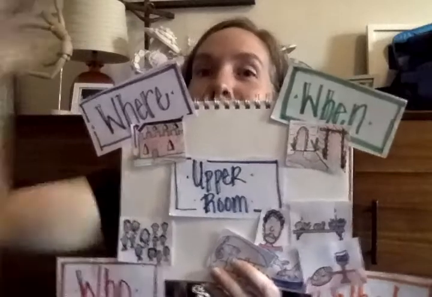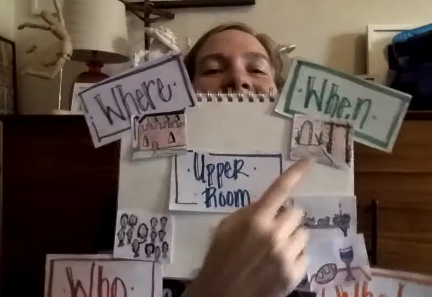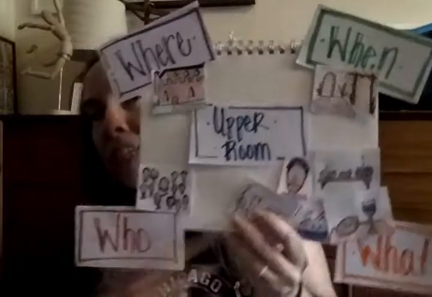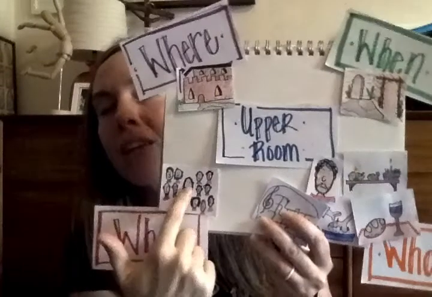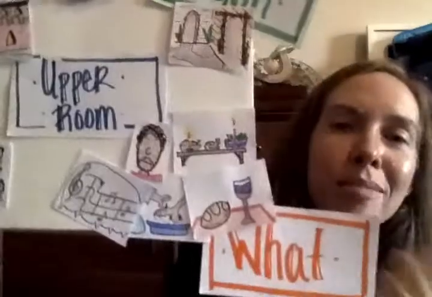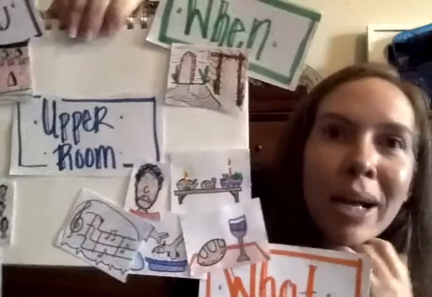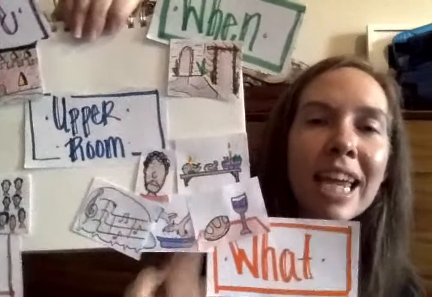Upper room, inside of a building in Jerusalem. This is funny. We know that when and why we're doing this is because why they're in the upper room is to remember Passover and celebrate that. And we talked about what Passover is, reaching all the way back to Exodus. And then we talked about picturing all of our key players, the most important one there in the middle, being in the room, in the upper room, and then all of the whats that go in it. So the different Gospels tell us different things. Some of them overlap, which is really cool. There was singing, foot washing, the betrayer, the meal, and the Lord's Supper.